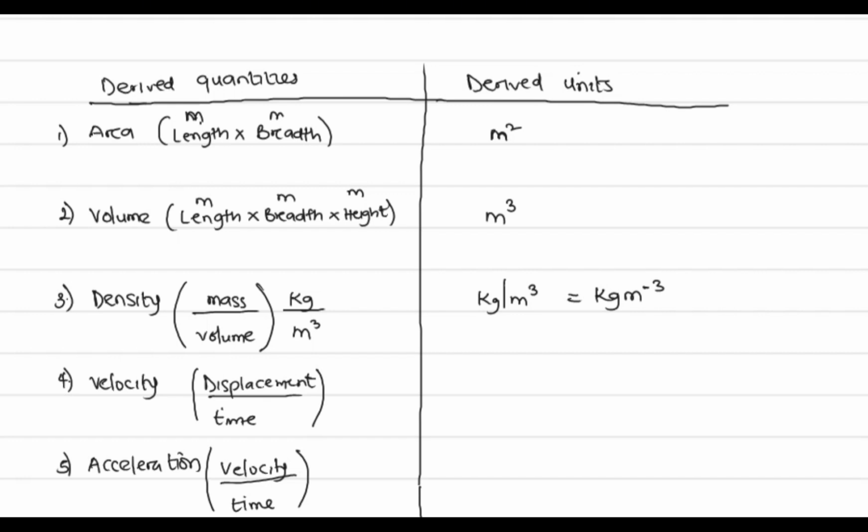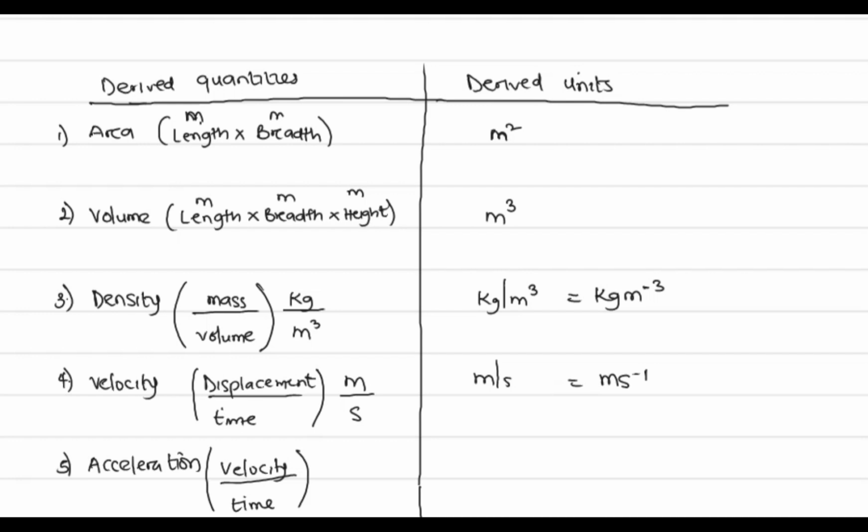And so we have velocity now. Velocity is displacement over time. Displacement is also categorized under length. So distance, displacement, breadth, height, whatever, all categorized under length. So displacement is meter, while time is seconds. So I'll write that as meter per second, or using indices, I can also write that as m s raised to the power -1. So any day you see something having meter square, maybe I say 20 meters square, that must be area that is being measured. Any day you see me writing 30 meter cube, that must be volume that is measured. It can be centimeter cube, it can be meter cube, it can be dm cube, but that is volume. So this is very, very important actually.